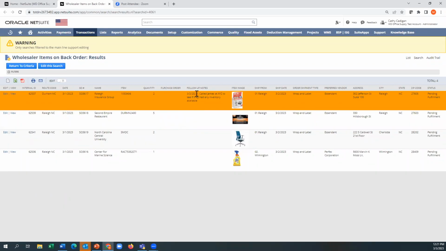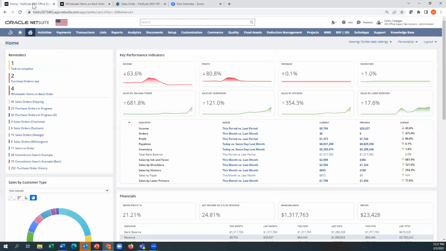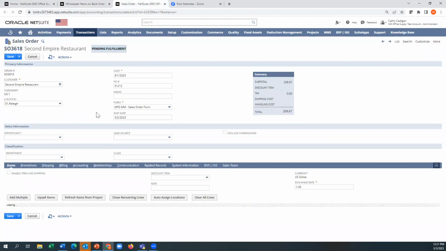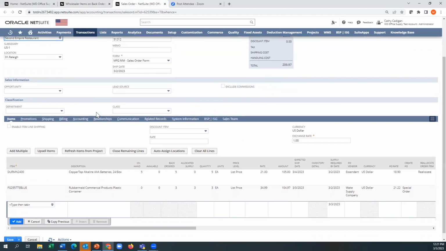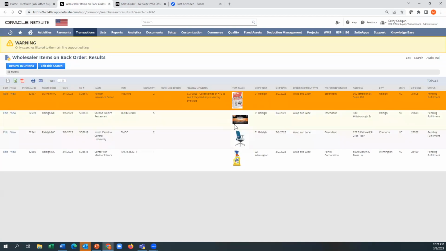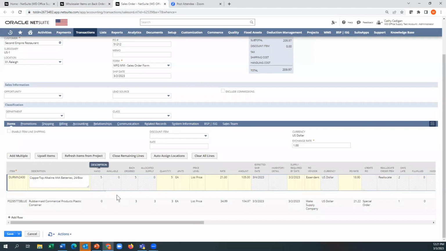You can see this one is highlighted. The person working on this has made a note so that we can track where we're going to get that potential product from. An easy way to do that is to just, again, all of these are interactive, but you just hit the edit view. And again, this is all real time, right? We're going to see this directly on our reminders. It's going to pop out. It could also generate an email. But we can go into the order here. We can see that going back to this, right? This was our Duracell product here that we couldn't get.